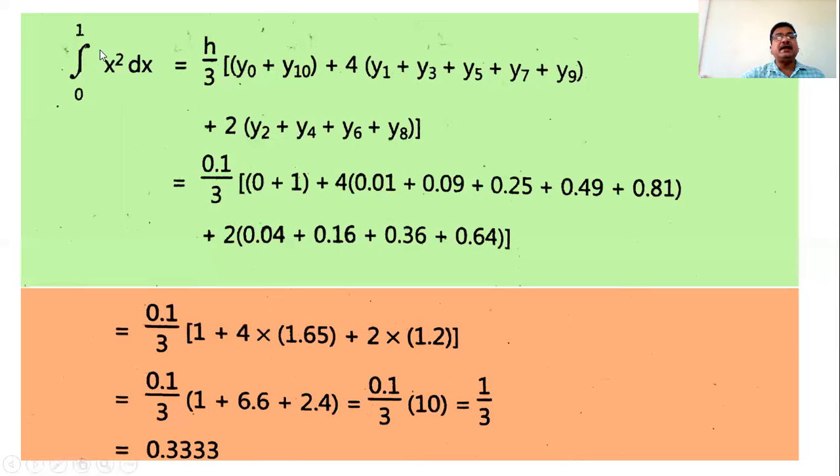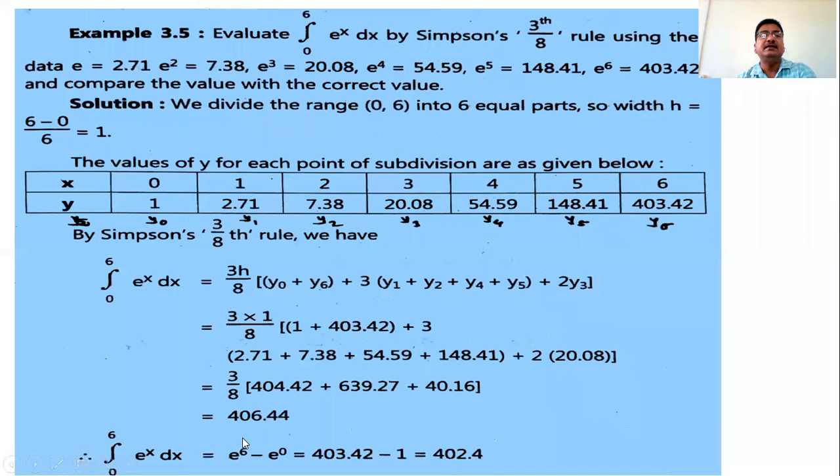And we can also tally the correct answer with this approximate answer. What is the correct answer? Find the answer of integration 0 to 1 x square dx by using standard rules, that is x raised to n. What is the integration of x square? It is x raised to 3 by 3. Then find the value at the upper limit minus the value at the lower limit, that is 1 by 3 minus 0. So 1 by 3 is the answer, and if you write 1 by 3 in decimal, its value is 0.333. So we can also tally your answer.